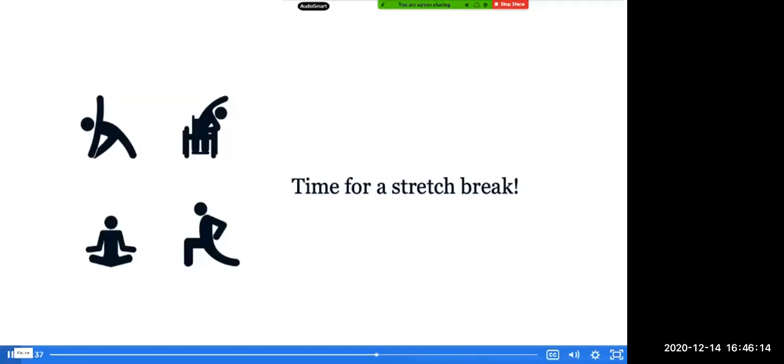This is a perfect time for a stretch break. Pause here to take a stretch break. So we really just don't need that right now because we just started, but